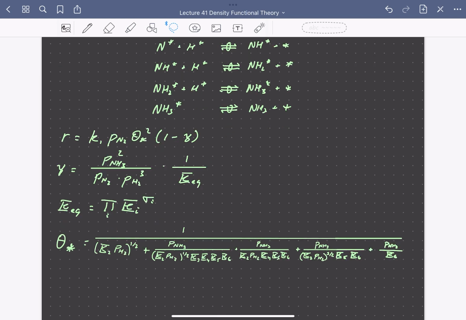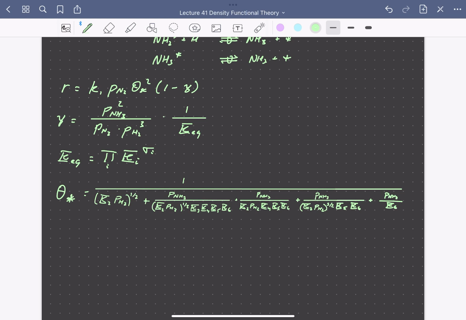To finish writing our rate expression all in terms of measurable quantities, we could write a site balance that gave us our free site coverage, and it depended on all these equilibrium constants and partial pressures of reactants and products. So the key point here is that in general, our rate equation is going to be in terms of reaction rate constants that depend on activation energies for elementary steps and equilibrium constants that depend on reaction energies or enthalpies